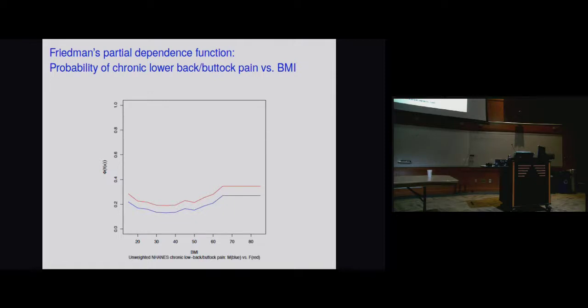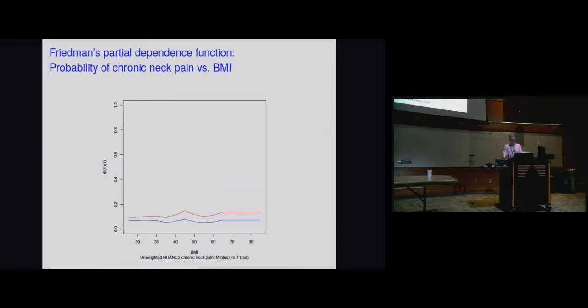And it's pretty much the same for both men and women. It's almost parallel. And that's coming from the data. There's nothing in the model that says it should be parallel. But it's parallel, but notice there's a gap here, right? Yeah, I think red is women. So women are at higher risk. Oh yeah, it says right here. So women are at higher risk. Let me see. Yeah, they're at higher risk for neck pain too. I don't know what's going on there. I think women are at slightly higher risk for arthritis too, but that's just a guess.